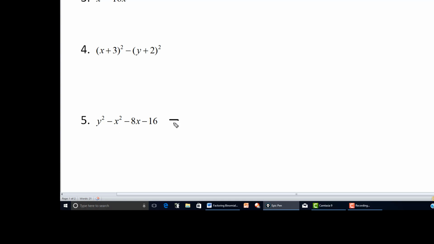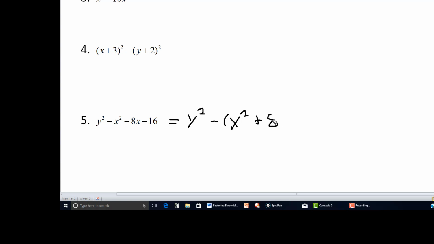But the thing about it here is that we're trying to use the formula for difference of squares, so we're going to express it so it looks like a binomial that's a difference of squares. So what we can do here is this. We leave the y squared the way it is. Factor out a negative from the last 3 terms,